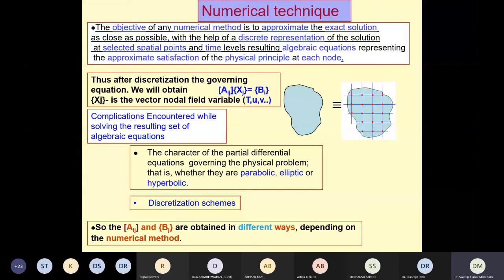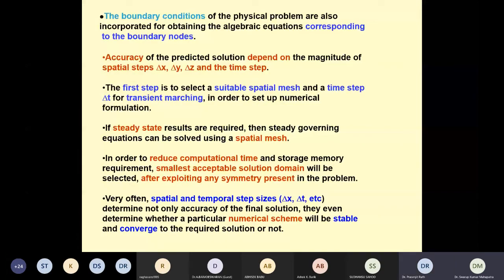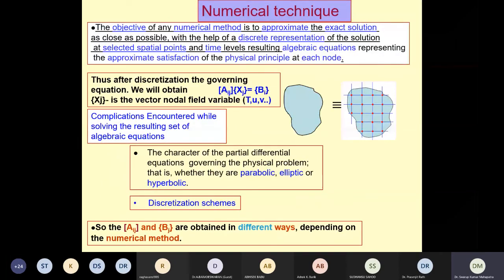And the equation, whatever it is, either parabolic, hyperbolic or elliptic, our objective is to find out those flow variables at those points. And this is what we call an infinite domain represented through a finite number of points. When we are discretizing, we are representing the domain through only a finite number of points or nodes, and the target remains to predict these dependent variables at those nodes.